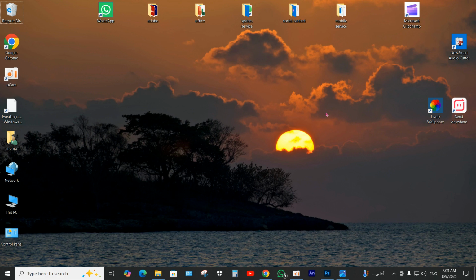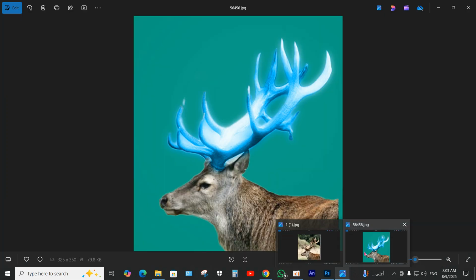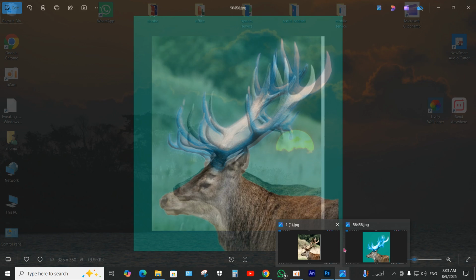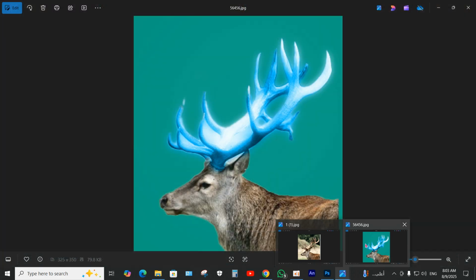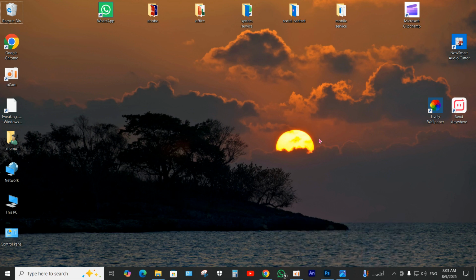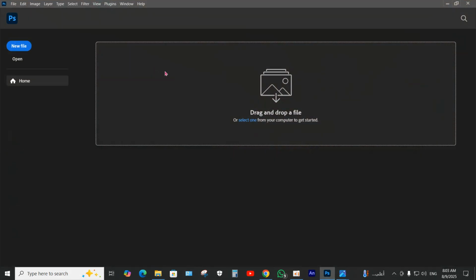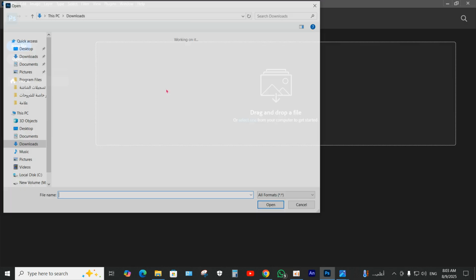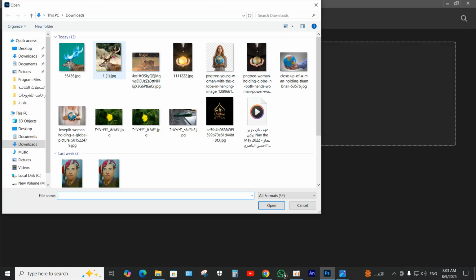In this video I'm going to show you how to make a light of the deer horn. You can see this normal picture and this converted picture, with the background changed to any color you want. So let's get started. First, we need to go into Photoshop and click Open,